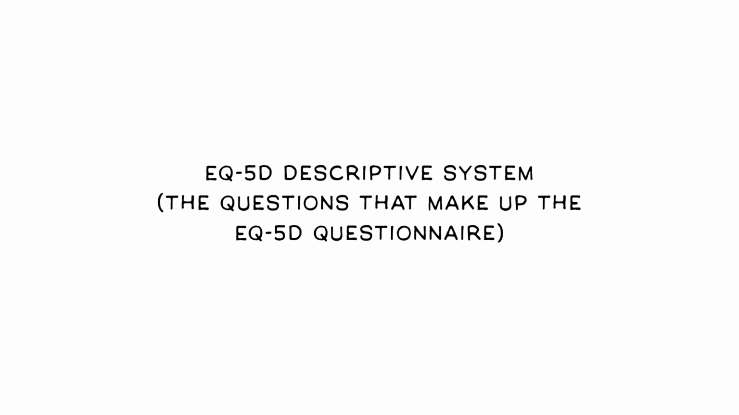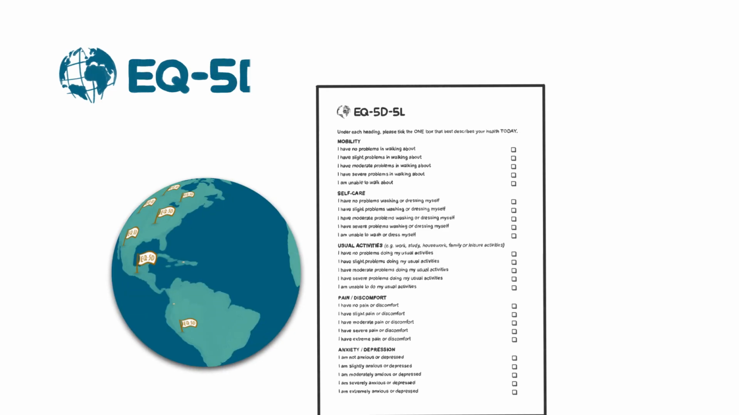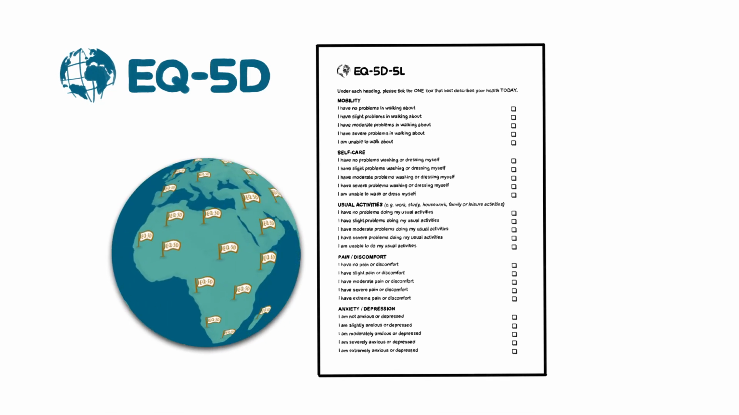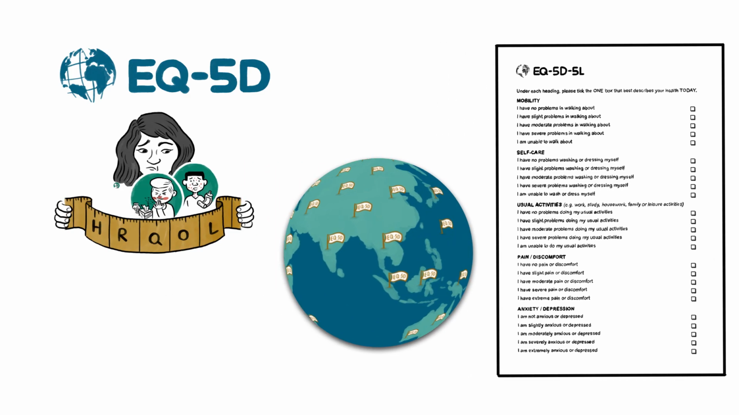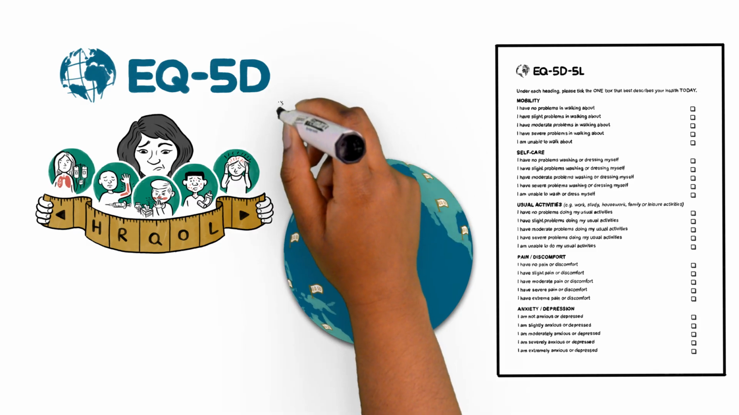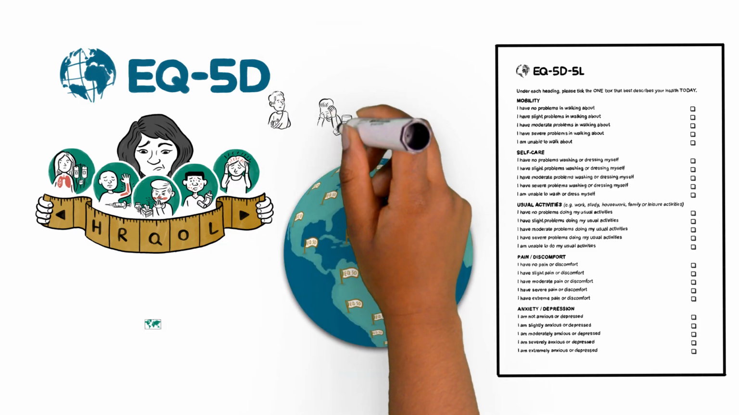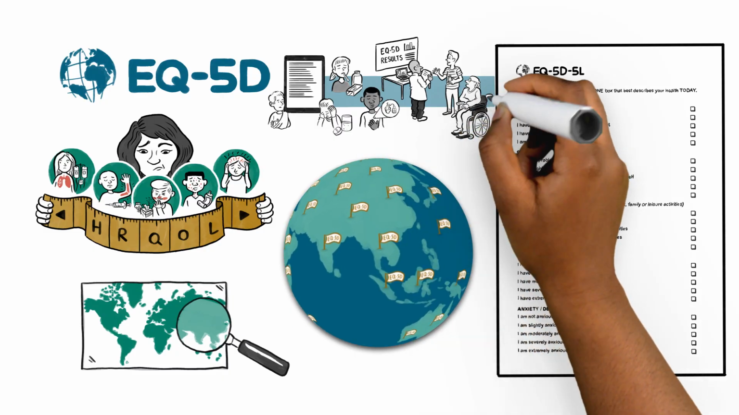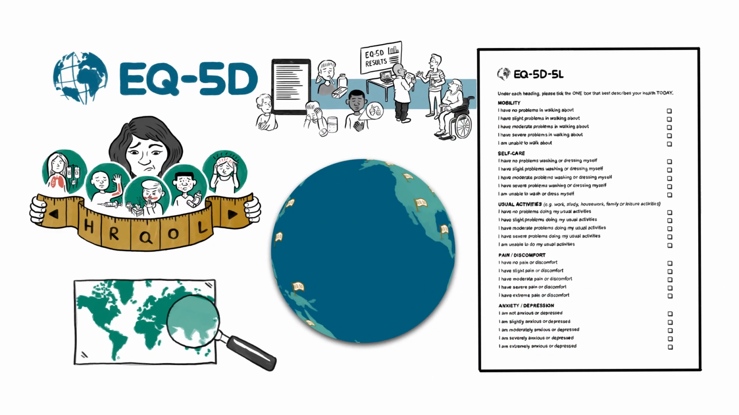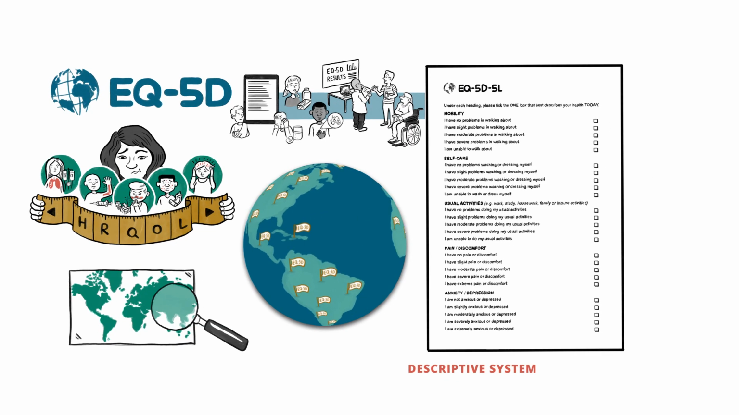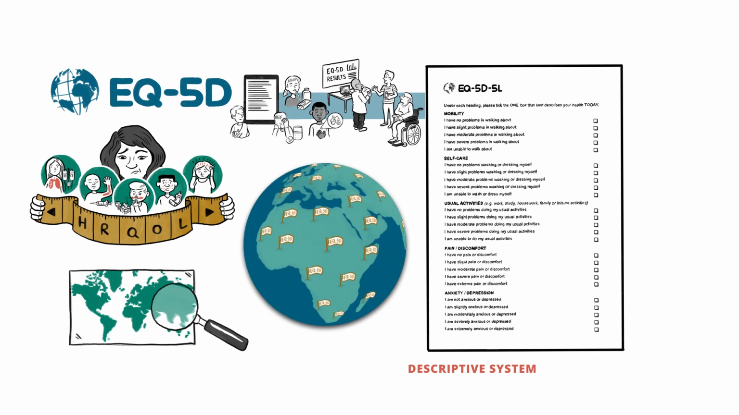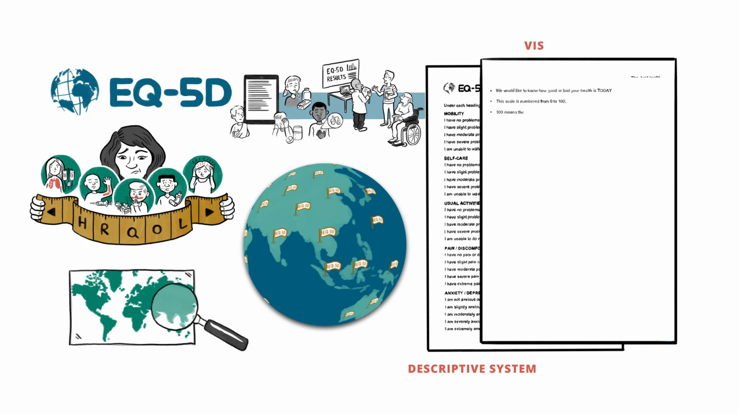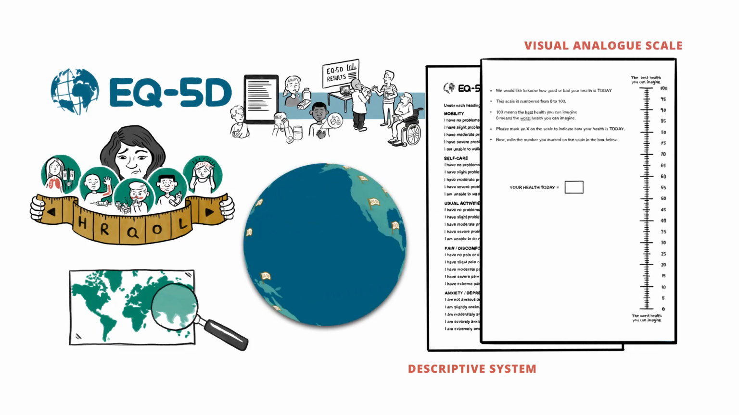The EQ-5D Descriptive System. The EQ-5D instrument is a widely used versatile tool that's been developed to describe and value people's health-related quality of life. It can be used in population health surveys and to measure the impact of different health conditions and healthcare interventions. It comprises a short questionnaire called the Descriptive System and a visual analog scale, the EQ-VAS, which is described in